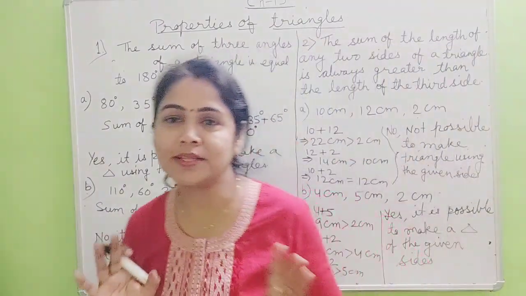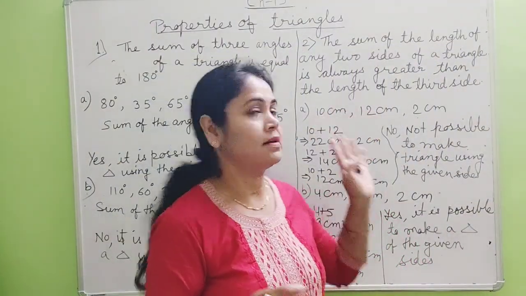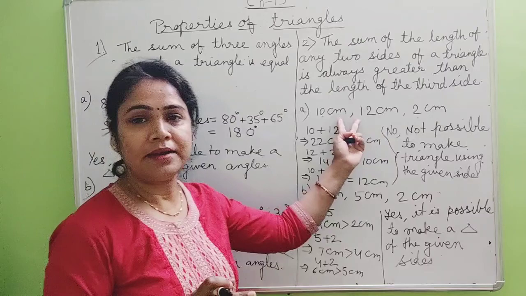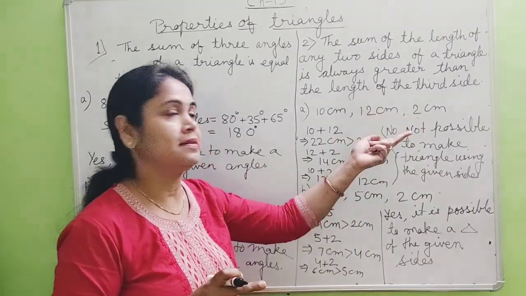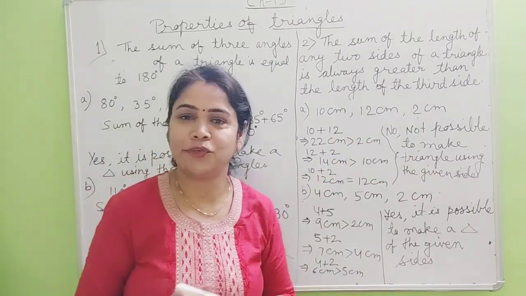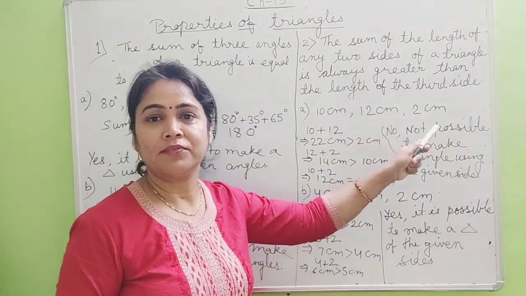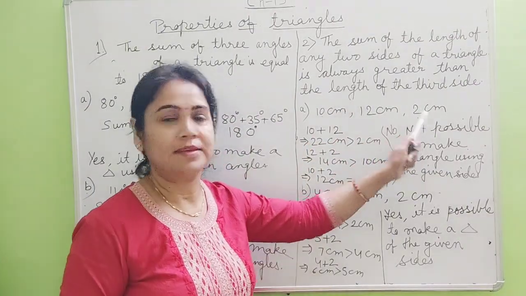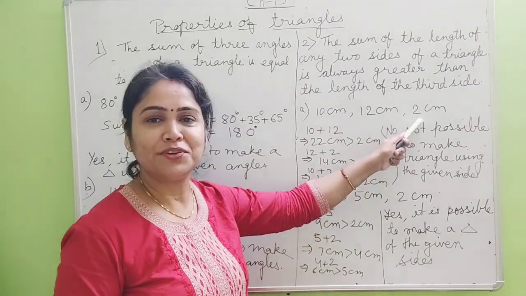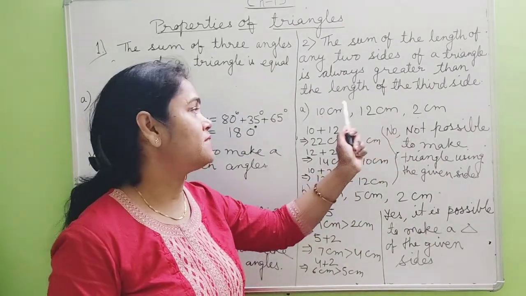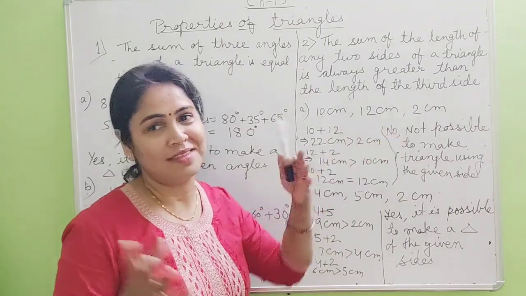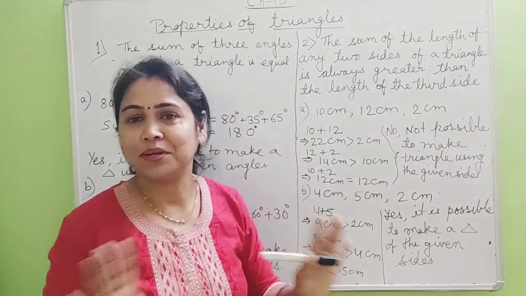You have to add all the three measurements accordingly. Any two sides you take, then check against the third side like this. But in the shortcut, what do we do? We check the smallest two numbers. We add the smallest two sides. So here only 10 plus 2 we should do, addition and check. 10 plus 2 is 12. So we can say, oh, it is equal to 12, so no, it is not possible.